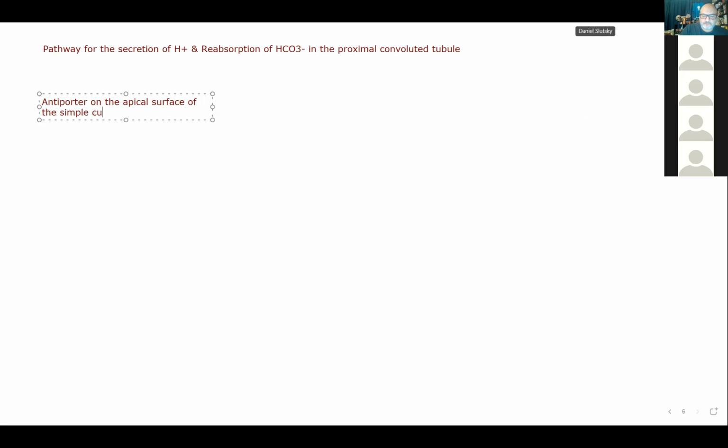And so you are right. If we were to describe that without the pictures, as you mentioned, that process starts with an antiporter on the apical surface of the simple cuboidal cell. And that antiporter on the apical surface of the simple cuboidal cell would